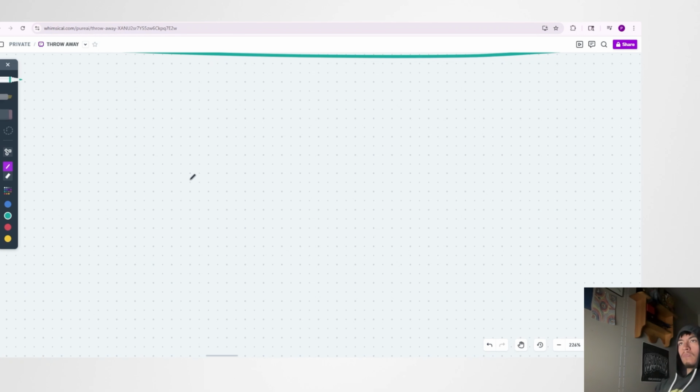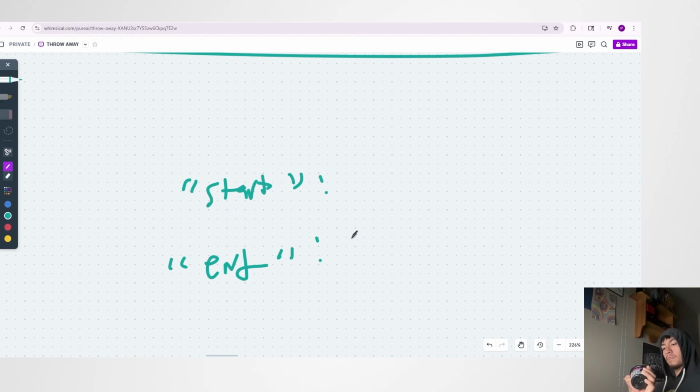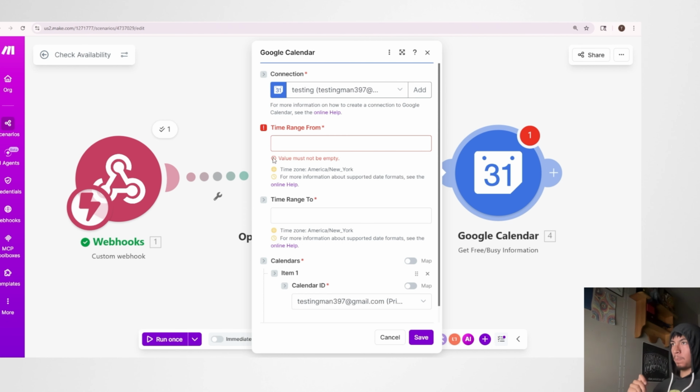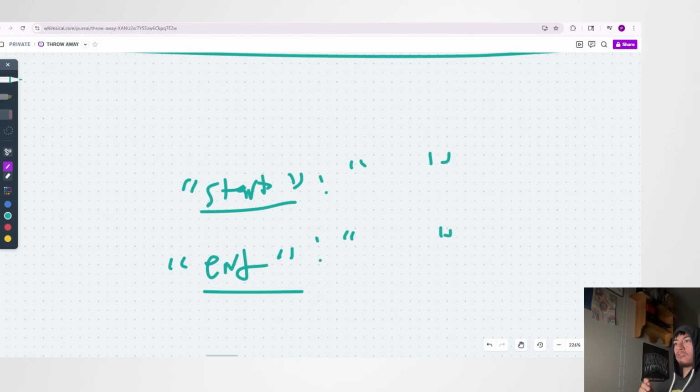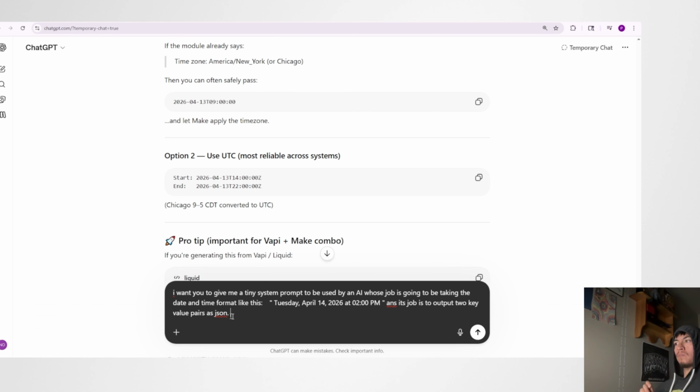So what that's gonna look like is the first key value is going to be something like start time, right? I can't even fit it. And the second one is gonna be end time, whatever, okay? And it's gonna be the same exact format. This is what we want it to be, right? Start and end. So our AI is gonna be responsible for getting it into that format, and we're just gonna go back here into ChatGPT and say 2 key value pairs as JSON, label each as start time and end